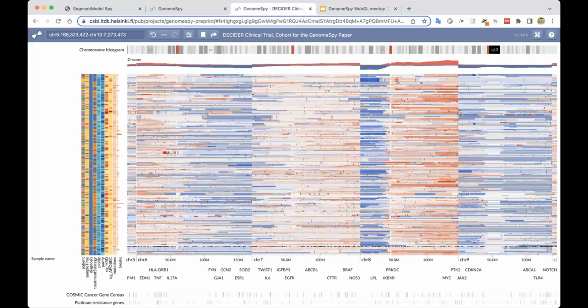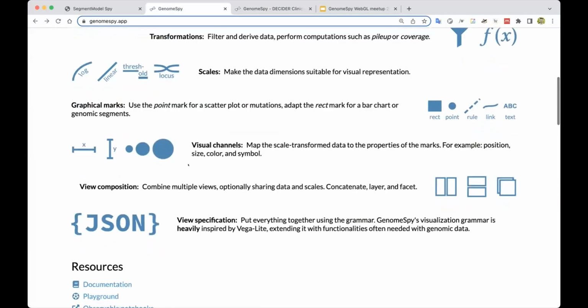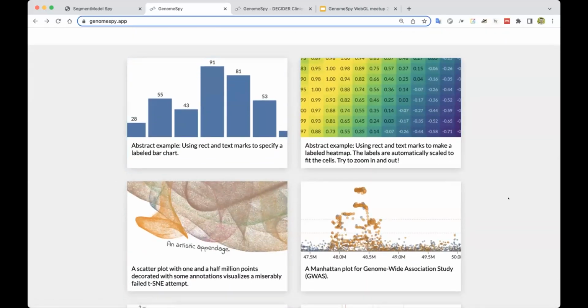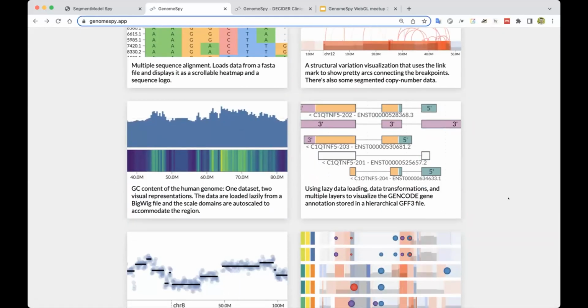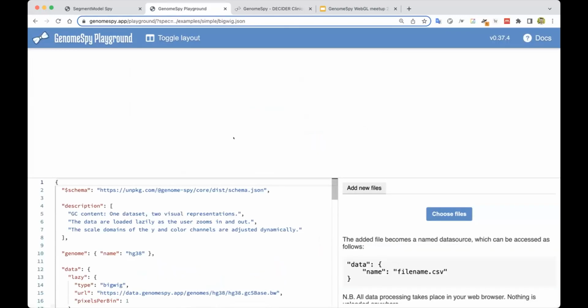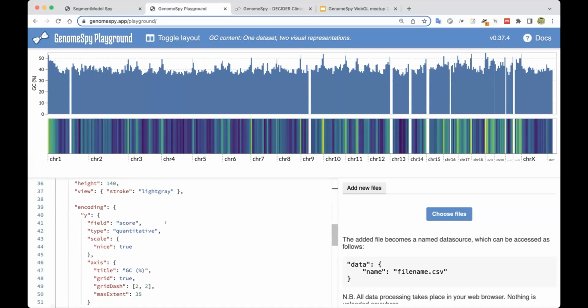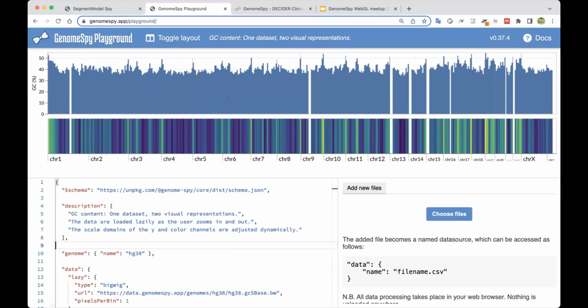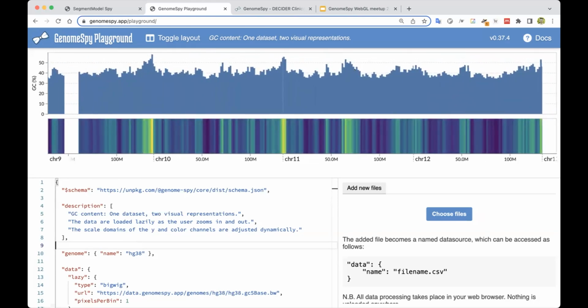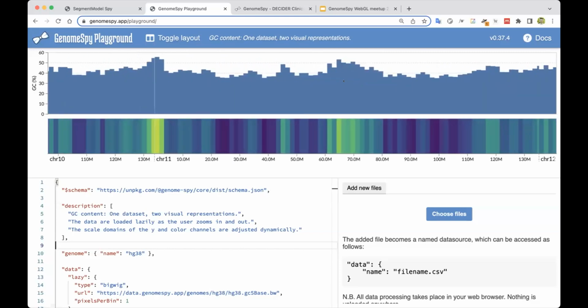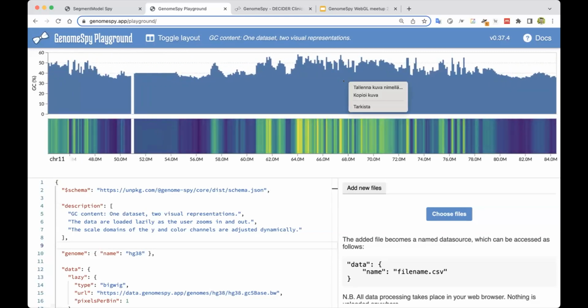So on the GenomeSpy website, there are multiple examples of visualization. I'll show you one. So this is a playground application. So the specification is visible here, and I could edit this, and then the visualization would change. So this visualization shows the so-called GC content across the whole genome. There's plenty of data, but once I zoom in, then more detailed data are loaded, and also